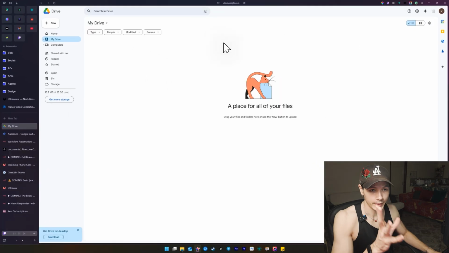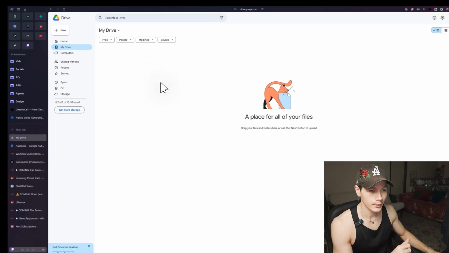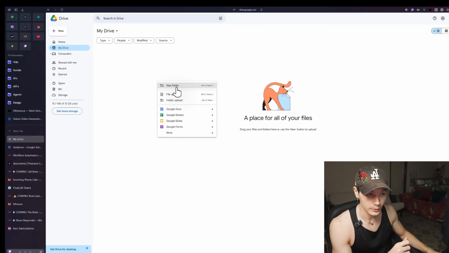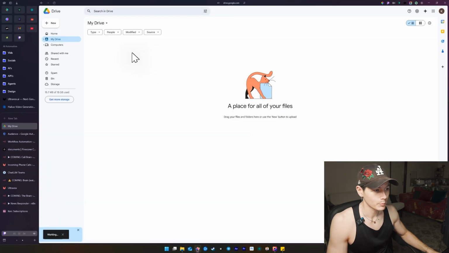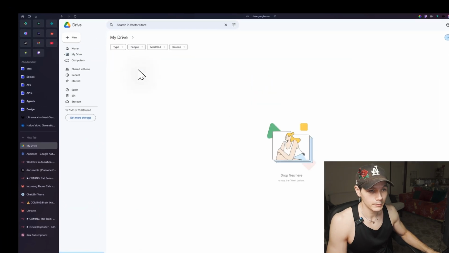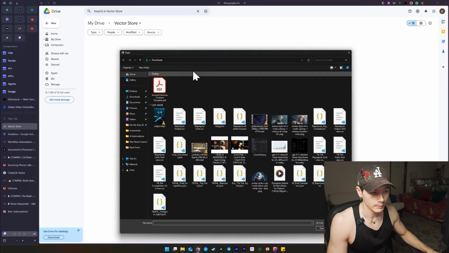All right, now that we're in the Google Drive, we see my drive right here. We're just going to click that, right click here. Now we can create a new folder. Let's just say Vector Store. Wait for that to pop up. There we go. We'll double click into that, right click again, file upload, and I'm just going to add in